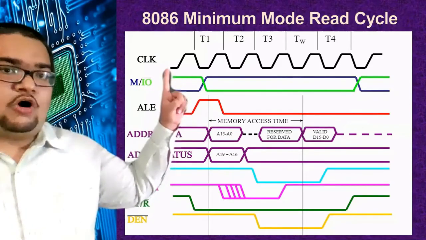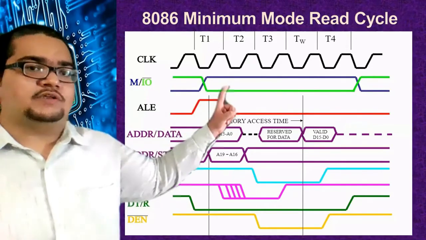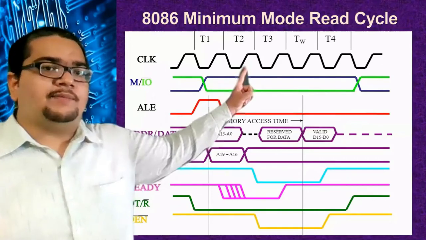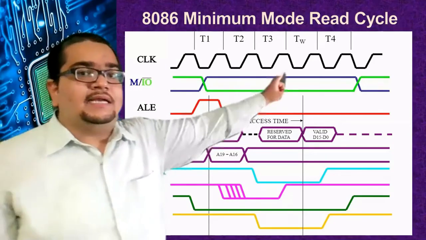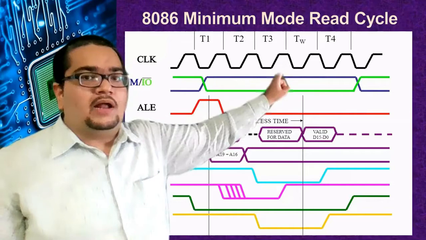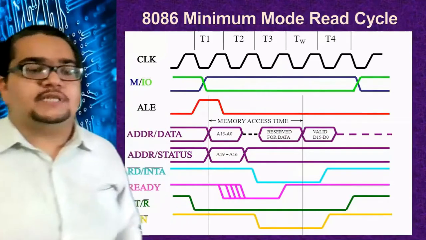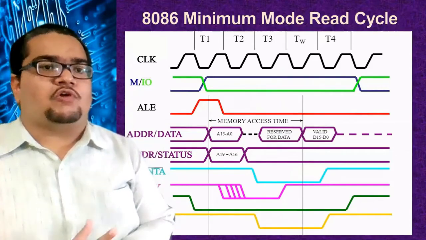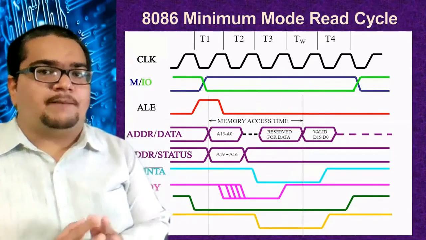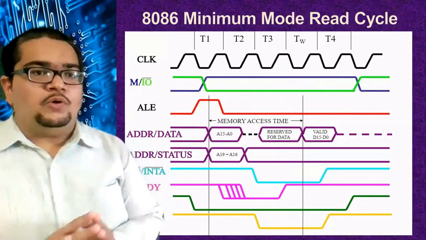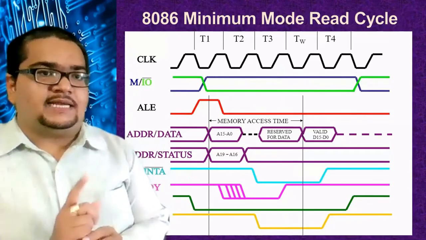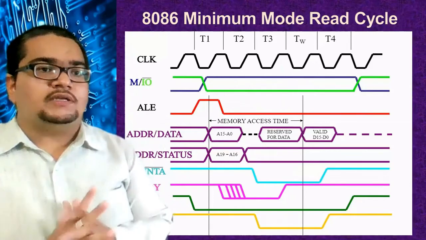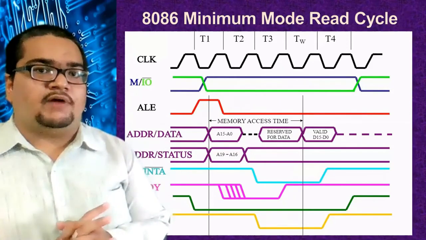One on and one off cycle will give you one clock cycle, T1, written there. Another clock on and off time is T2, another T3, next is TW, next is T4. The TW is introduced here intentionally for synchronization purposes. Earlier also we have talked about that. Processor speed is good compared to the other peripherals. Now TW is not one cycle, instead it becomes multiple cycles depending upon what synchronization is required.